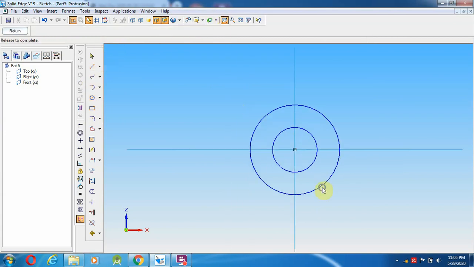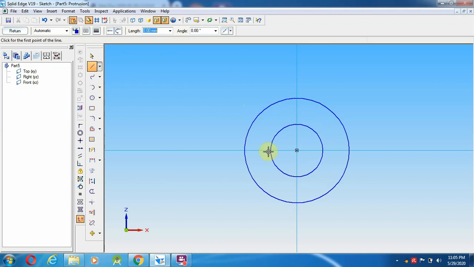So a line from here, 60 mm diameter, 60, 120, from here to again 60 towards down.